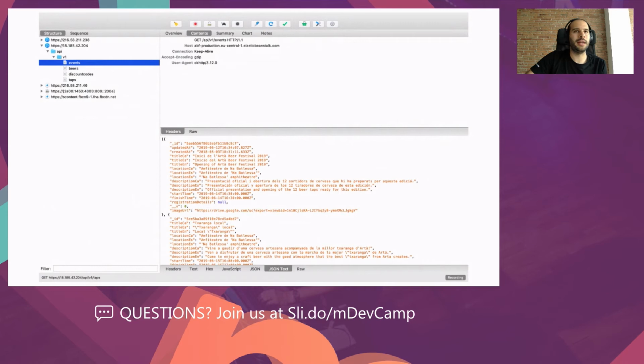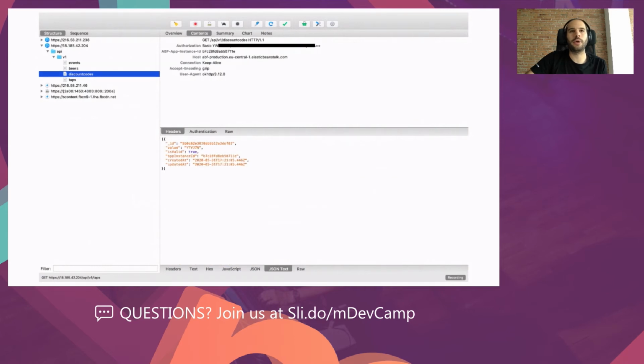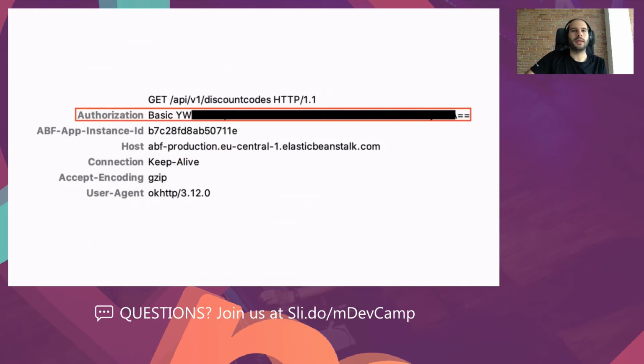That's for example, for the events, and then it's for the discount codes, the request that we saw before during a static analysis. So here in the response, I can see a value of the discount codes. I could actually take this and put it into Eventbrite to get discounts. And on the top, what we can see is actually the authorization here. So actually, by doing dynamic analysis, we get the same information that we had before, or maybe even more, because